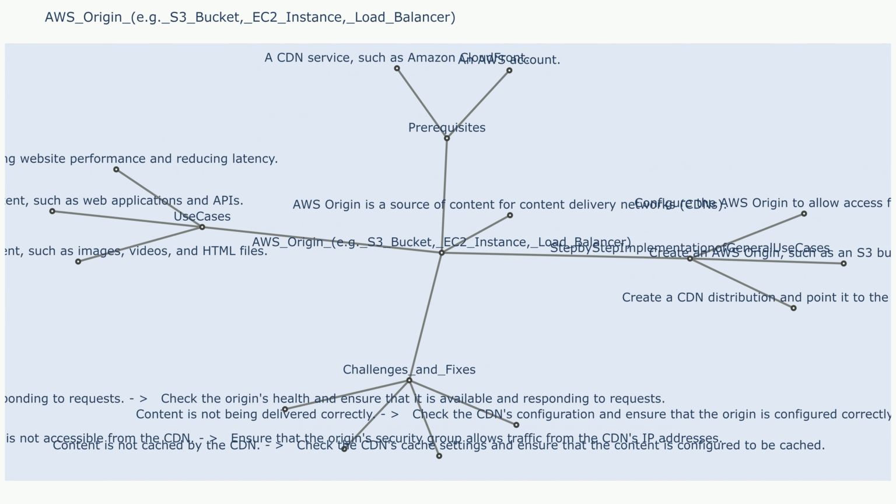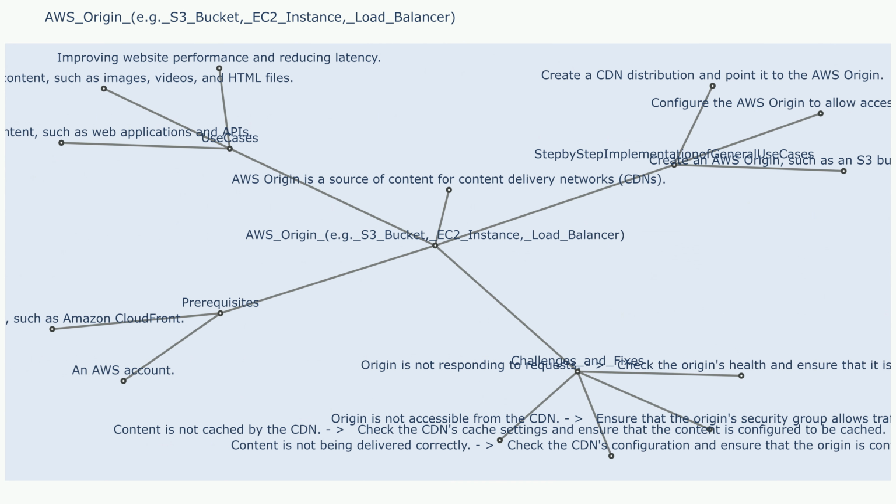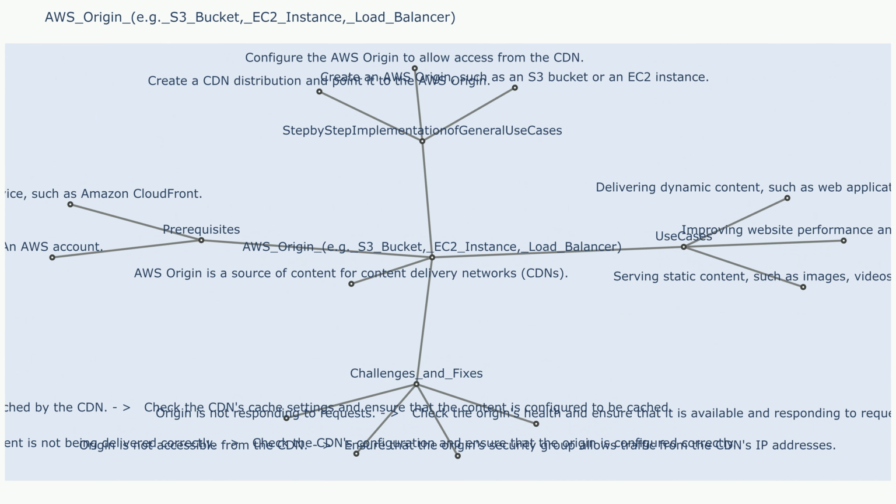Scaling your application to handle large amounts of traffic. CDNs can distribute traffic across multiple origin servers, making it easier to scale your application to handle peak loads. Protecting your origin servers from DDoS attacks. CDNs can act as a buffer between your origin servers and malicious traffic, reducing the impact of DDoS attacks on